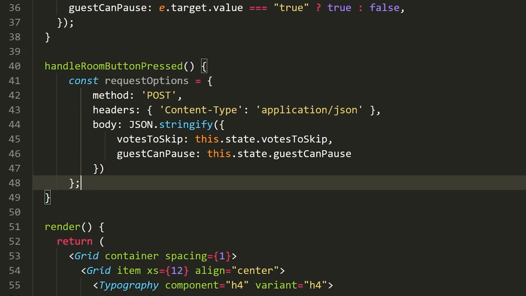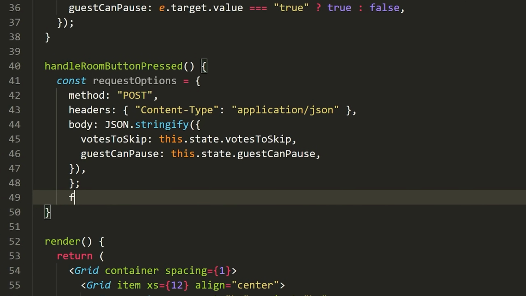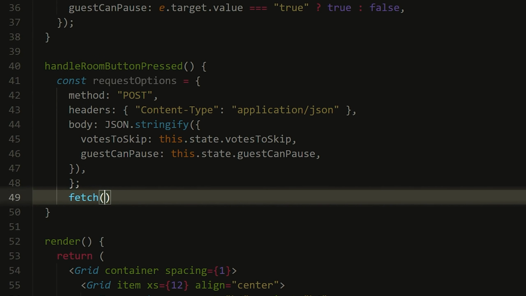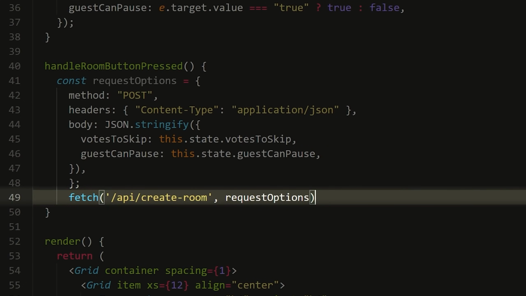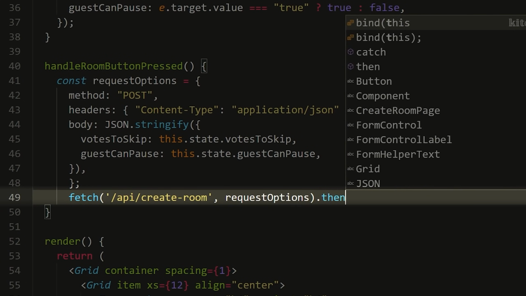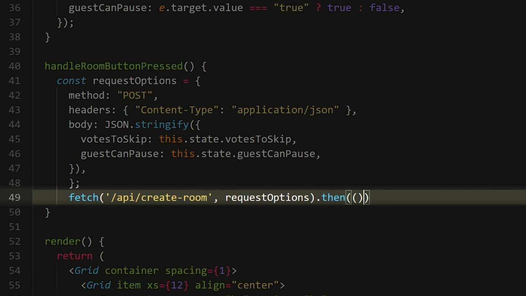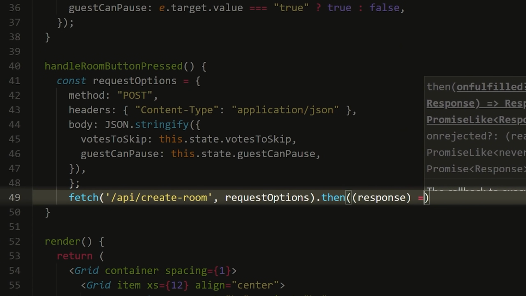Now what we're going to do is first of all add a semicolon there, and we're going to make a fetch request. So we're going to say fetch, and we're going to fetch this to where? Well, it should be to /api/create-room. I believe that's the endpoint I set up. We're also going to pass the request options in this fetch request, and then we're going to set a .then. I'll discuss what this does in a second. We're going to say response, and that's equal to